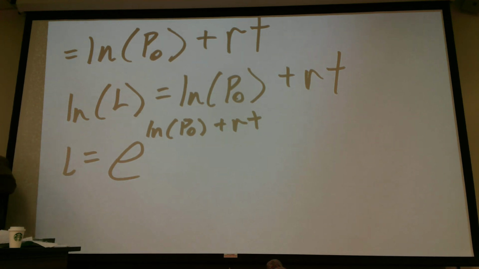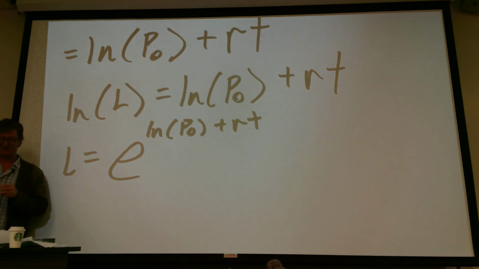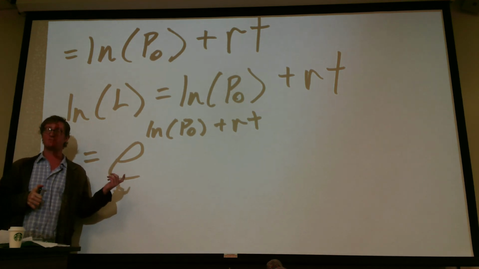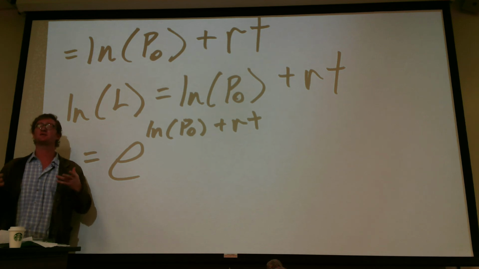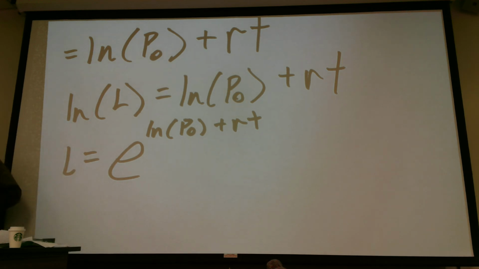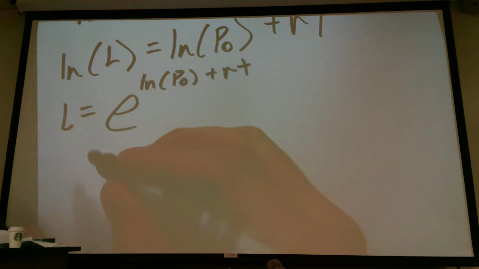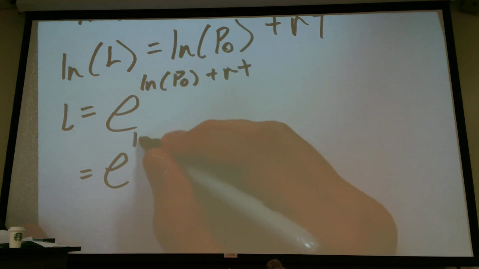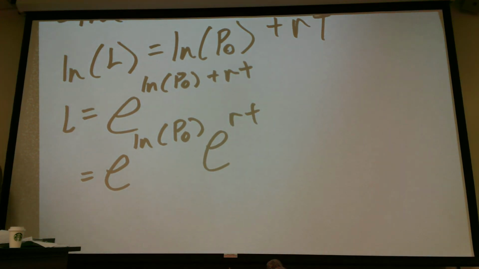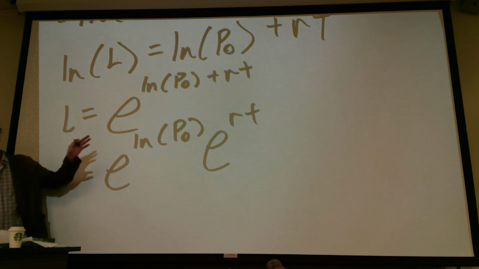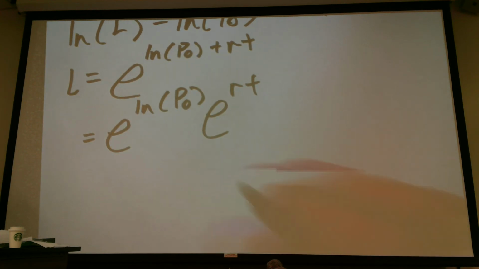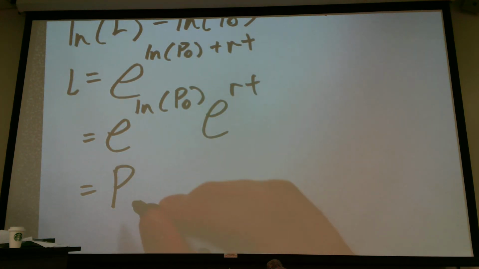So, okay, great. Now what are the laws for exponents that we can use at this point? Well, the laws for exponents say I can break this up, and so e to the a plus b is the same thing as e to the a times e to the b. So that's going to be e to the natural log of p naught times e to the RT. So I can break the guys up in that way. Now e to the natural log of p naught, well, e undoes the natural log, and we just end up getting that this is p naught